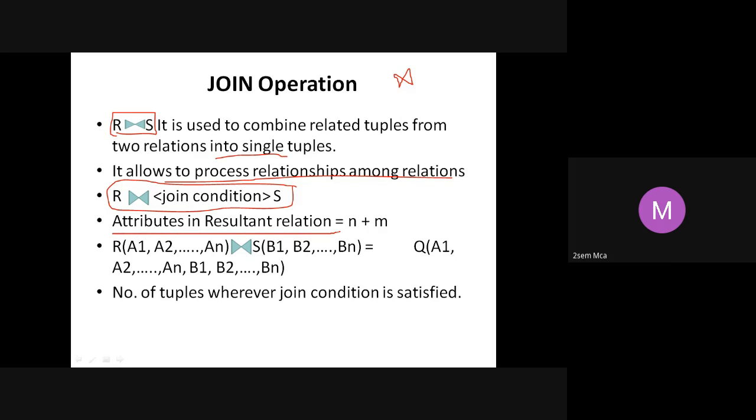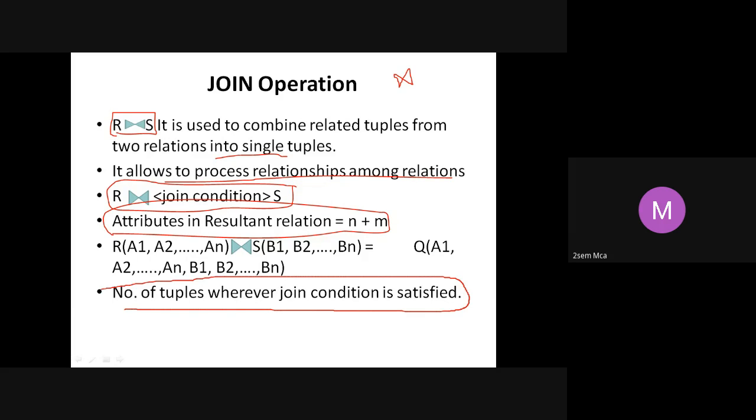Attributes in the result will always be n plus m: all the attributes of R plus all the attributes of S. And how many tuples will be there? It depends on whether the condition is satisfied or not. If the condition is satisfied, those tuples will come in the resultant relation. If the tuples don't satisfy, then they will not come in the resultant relation.